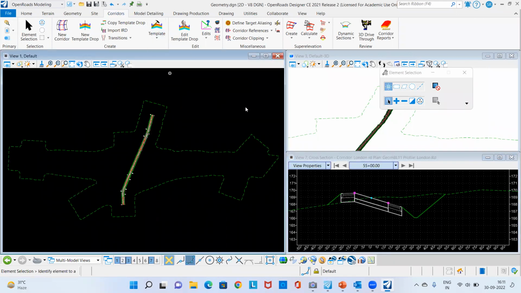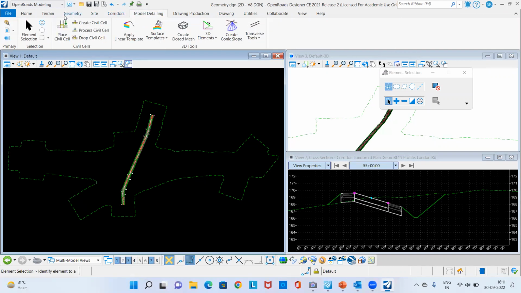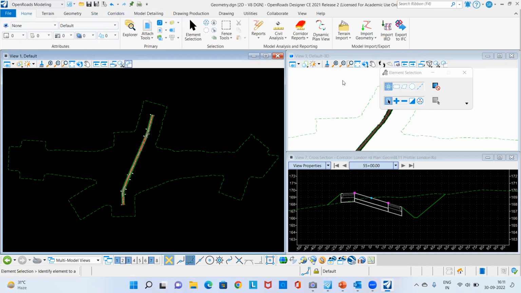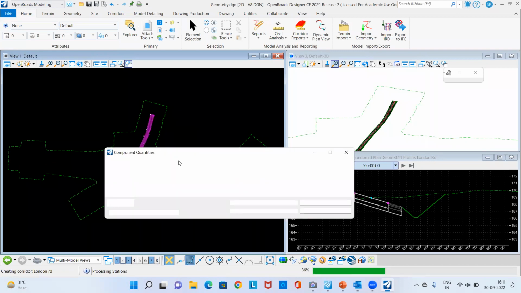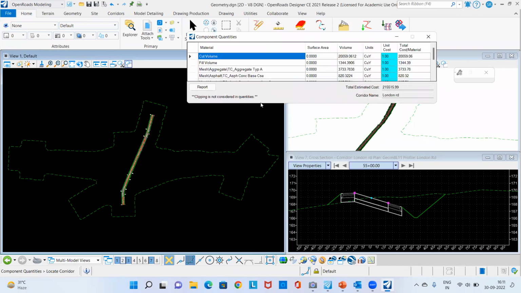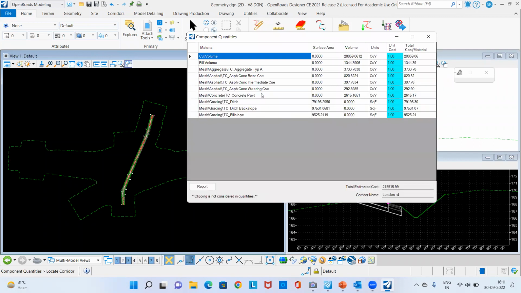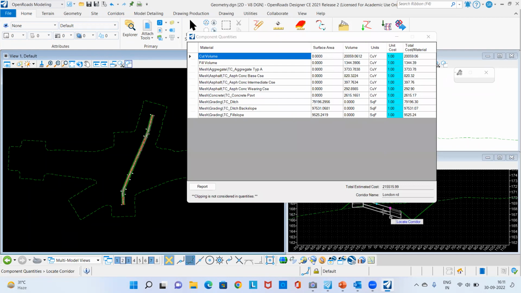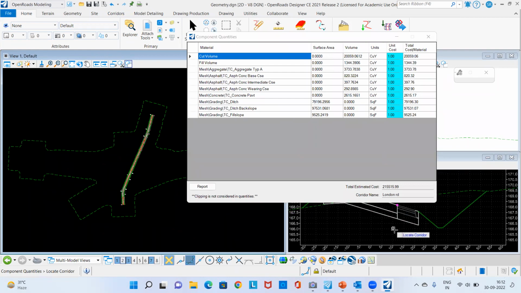Okay, you have a dedicated tool to compute the quantities. So here we have the corridor reports. Click in here and select your corridor, and it will give you all the reports of the material used. So fill volume, mass aggregate. These represent the shape here. If you hover over the shape,